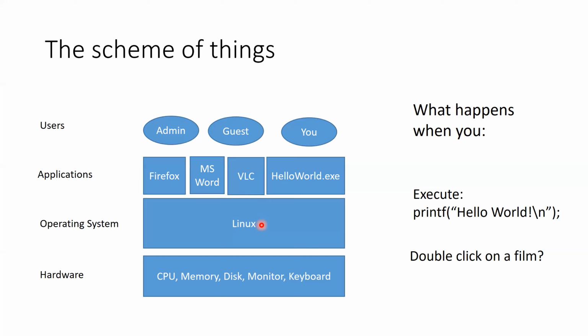So the operating system will look for the media player that is associated with this particular type of film. Here in our example, we will assume that the VLC media player is being used. So it will go look for the executable program for this VLC media player. Now all these executable programs are stored on the hard disk. So the hard disk also is a piece of hardware which the operating system can access through the motherboard. So it will go and load that vlc.exe file from the hard disk into the RAM.